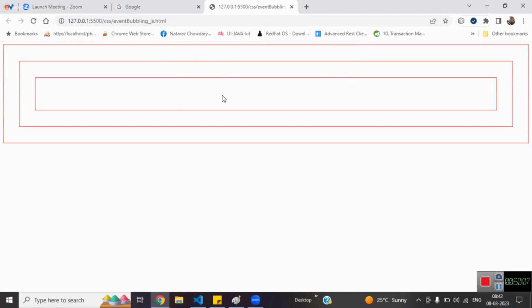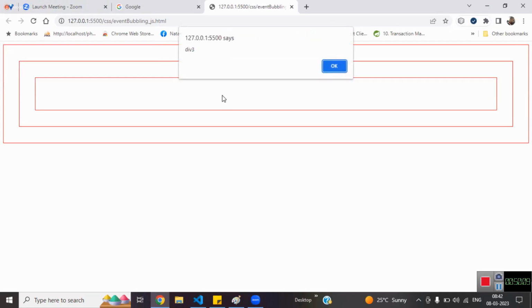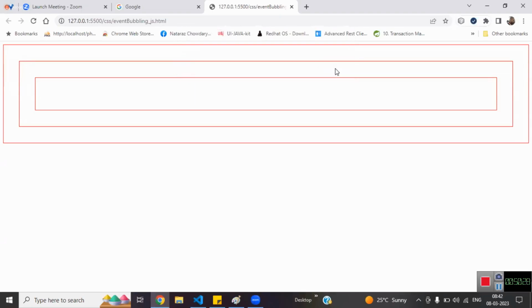Div1 executed. If I click on this one, what are you expecting? Your output: Div3, Div3. Now, if I say OK, what happened? If I say OK to the outer div, oh, it's closed. That means, have I written anywhere